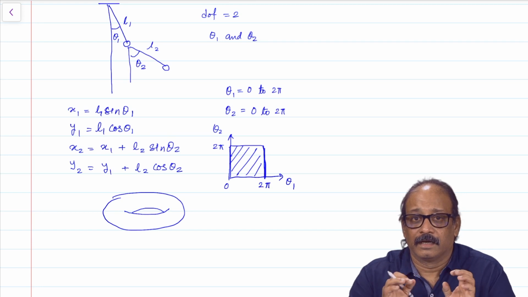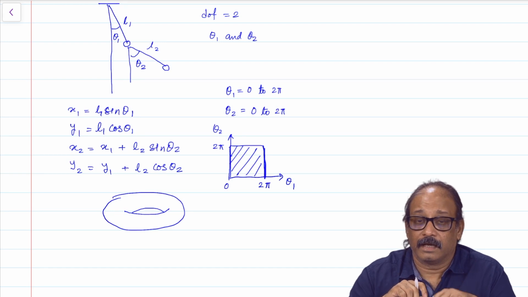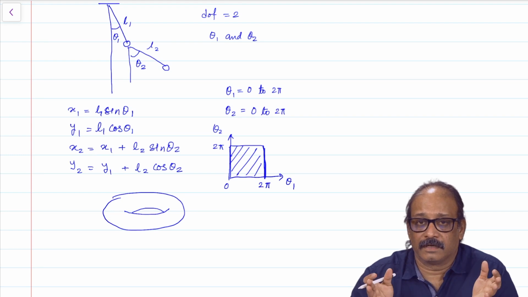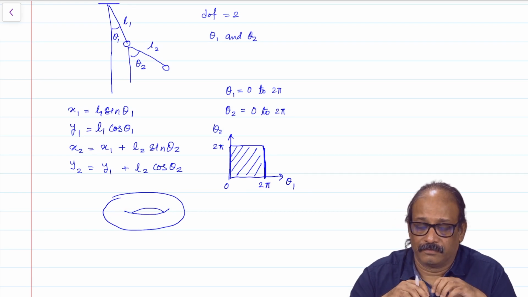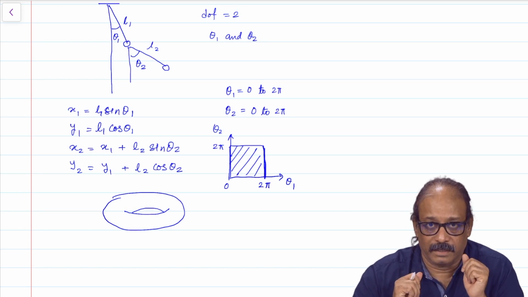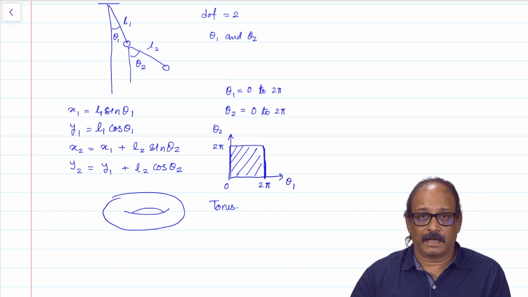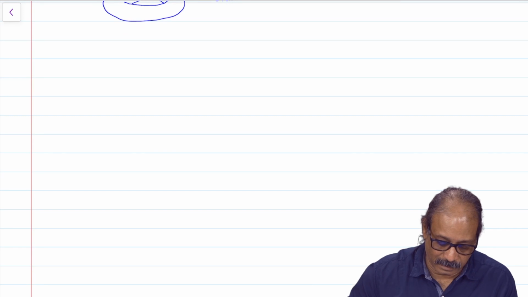Now, the geometry here is, remember, this torus is actually embedded in the 4-dimensional configuration space for this system. The 4-dimensional configuration space was for the unconstrained system. Once we put the constraint, now the point which represents the system can only travel on this torus here. So, the geometry is that of a torus. I will take one more example and then we will complete this section here.